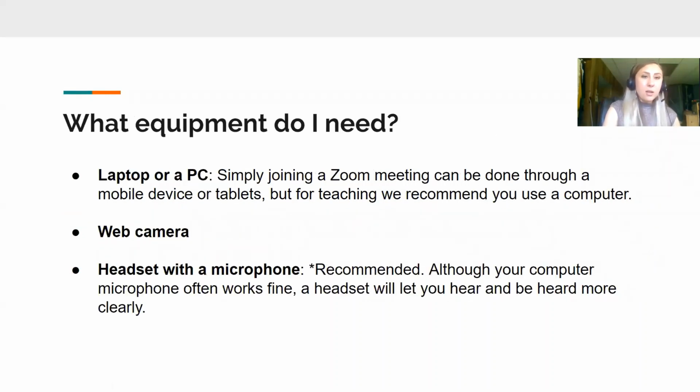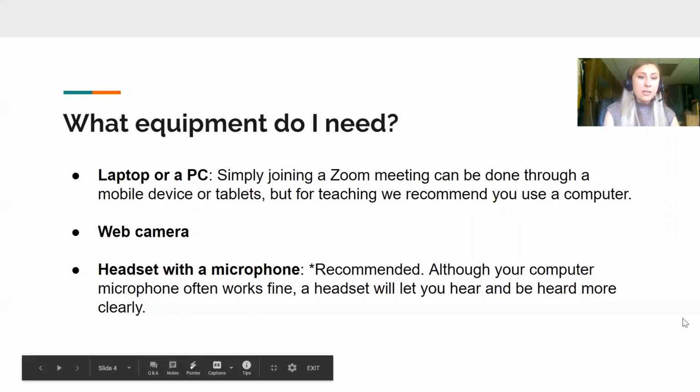To begin, it's really important to make sure that you know what equipment you need. A laptop or a PC are going to be your best bet. You can join a Zoom meeting through a mobile device or a tablet, but if you are running a class, you really want to have the full access of a computer. A mobile device just really isn't going to cut it. It'll make it a little bit difficult to have the best experience. A webcam is necessary, and